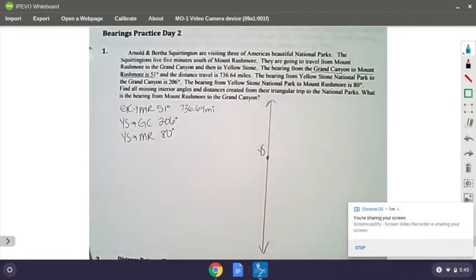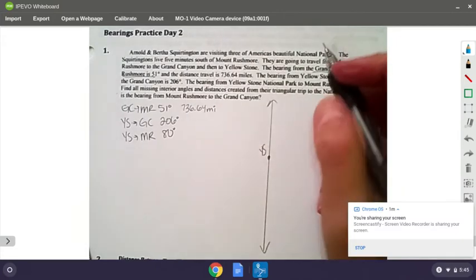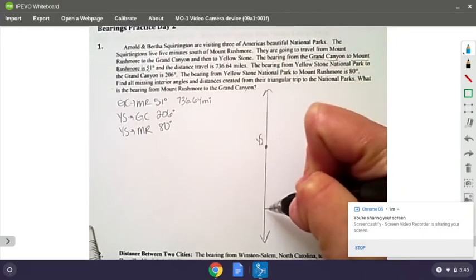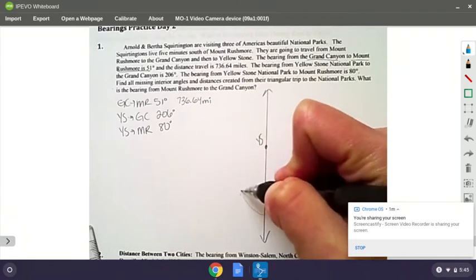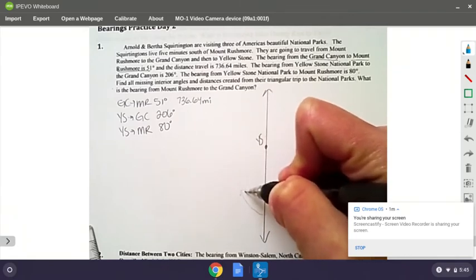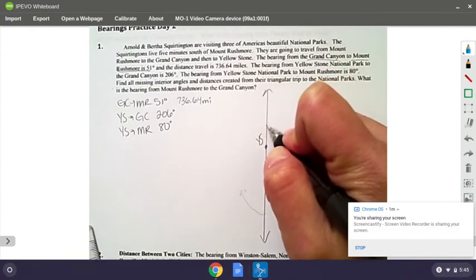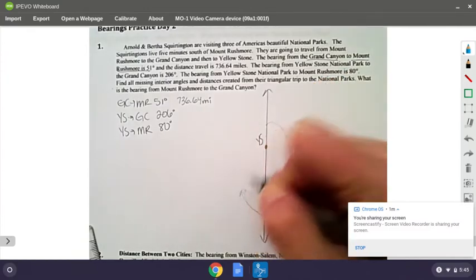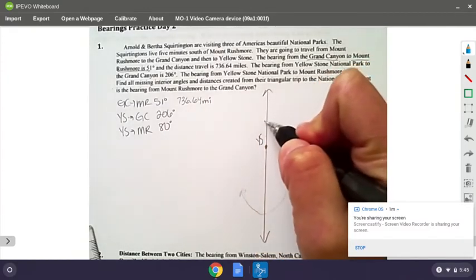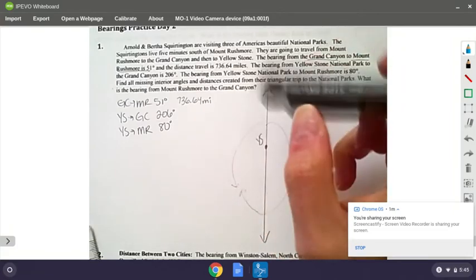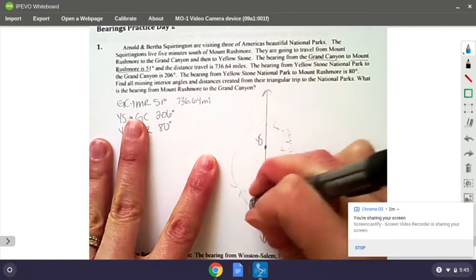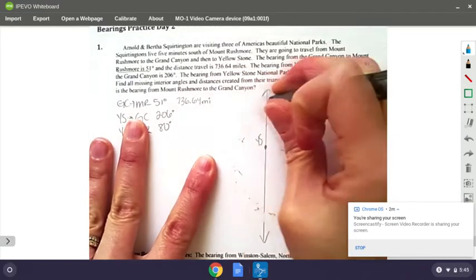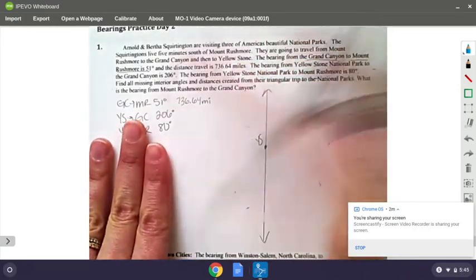Now, to get the 206, since that's bigger than 180, you have 2 options here. You can either come from down here and do 206 minus 180 and go this direction, which would be 26 degrees in that direction. Because remember, 206 is from here all the way around. Or you can do 360 minus 206 and go that direction. It doesn't really matter which way you do it. I think I typically tend to do 360 minus the angle, but since this was pretty close to 180,